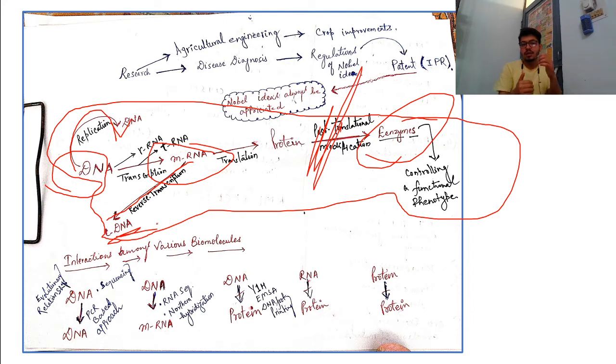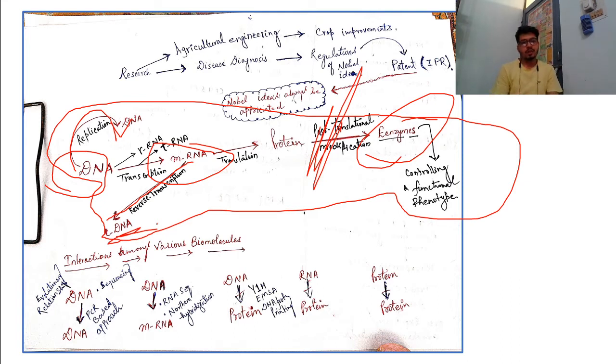समझ में आया कैसे cDNA library बनता है? So messenger RNA will give rise to cDNA, and this is called a cDNA library. And DNA can give rise to, when we do genome sequencing, we prepare libraries, BAC library and also YAC library. So these libraries are called a genomic library.